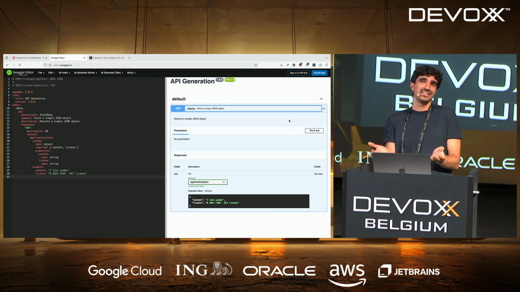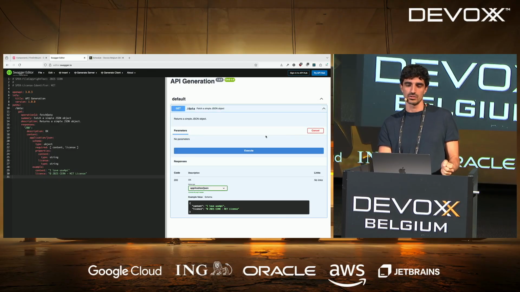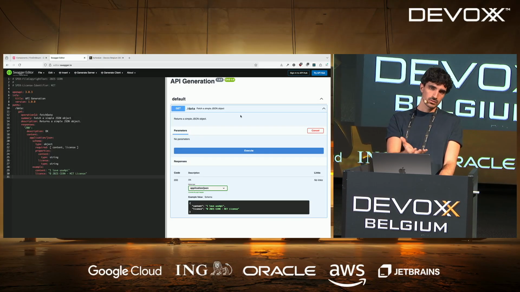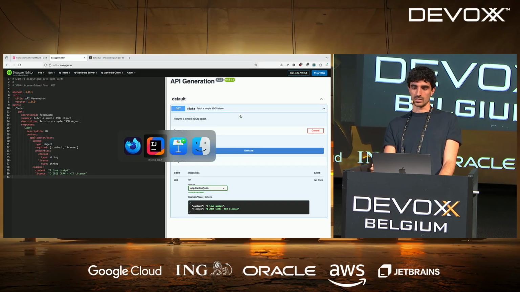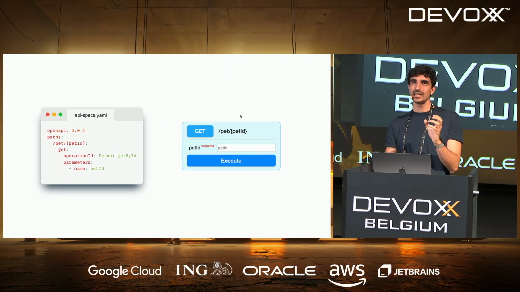Everything is already written in the contract, so we can just try it out and call it. We don't need to be aware of the HTTP method, the parameters, the request body, and everything else. So it's quite convenient, but let's see how we can use it